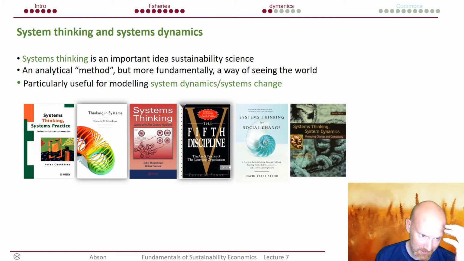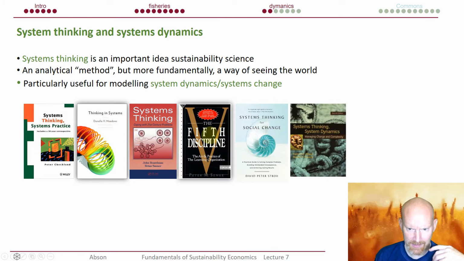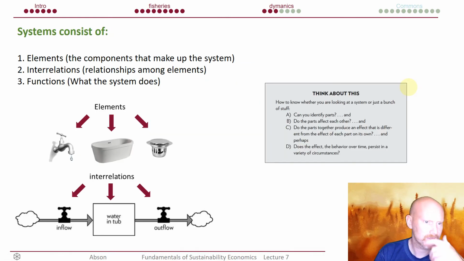There are many different approaches to systems thinking. If you're interested in this, you can look at the works of people like Peter Checkland or Donella Meadows. Peter Senge is another leading thinker on these things, and they come from quite different perspectives. So Peter Senge comes from an organization and business perspective. Then you can think about people who are looking at social change. You can look at systems thinking from a system science perspective, or from ecological modeling. There are all these different approaches which all take this systems approach.